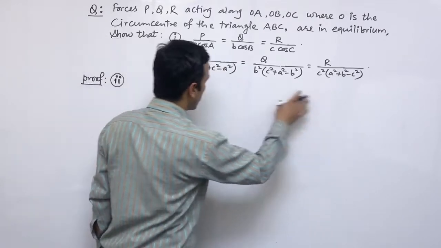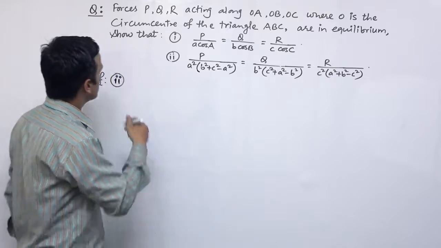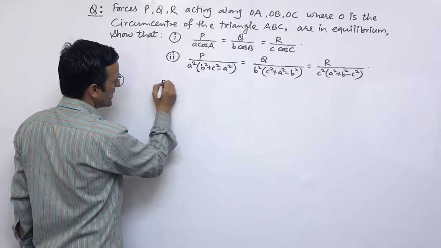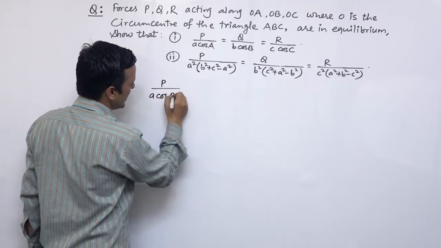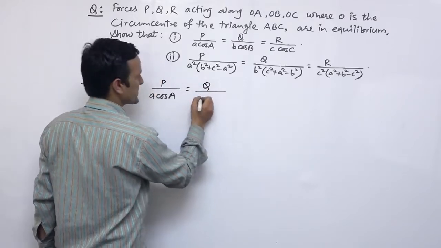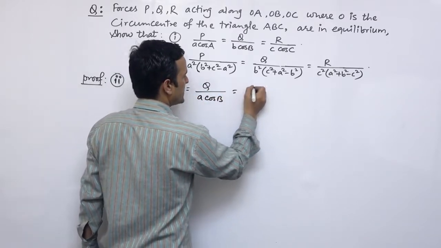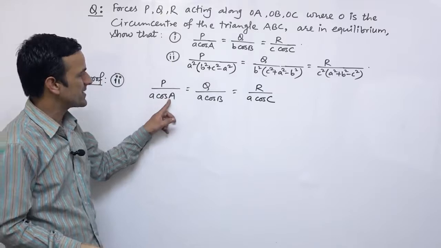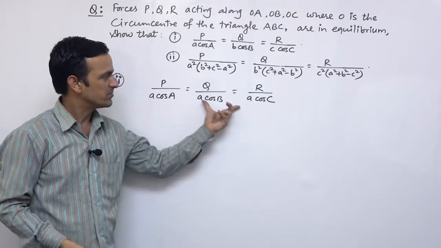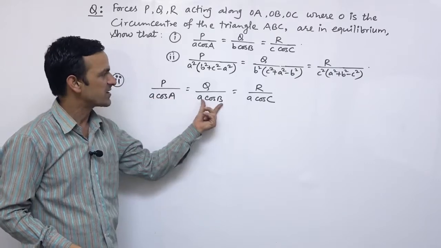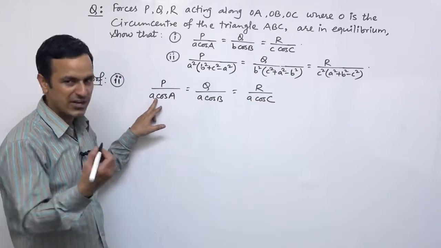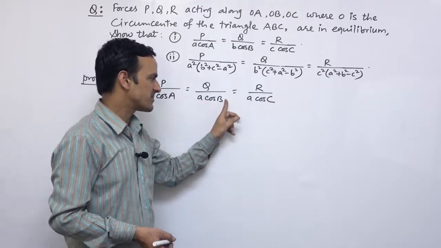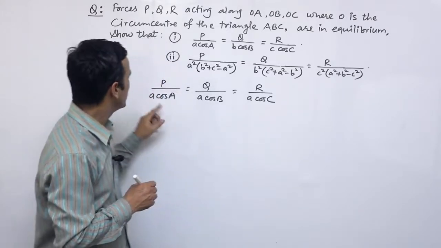And the figure is same, and we can use the same theorem, Lami's theorem. So from the figure by Lami's theorem, just now we have proved P upon A cos A, Q upon B cos B, and R upon C cos C. हामीले भर्खरै सेकेन्ड लास्ट पोजिसनमा यो रिजल्ट प्रुभ गरेका थियौं A cos A, B cos B, C cos C. एक्चुअली यहाँ आउँछ sin 2A, sin 2B, sin 2C, र sin 2A लाई 2 sin A cos A, 2 sin B cos B, 2 sin C cos C गरेका थियौं भर्खरै।